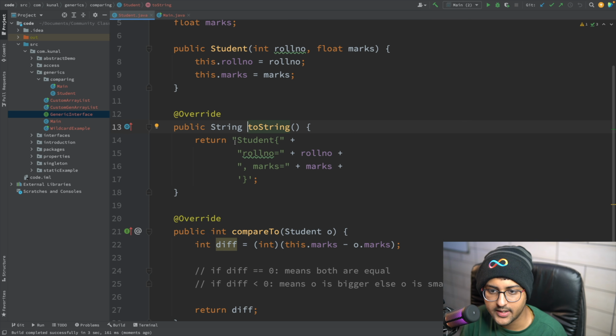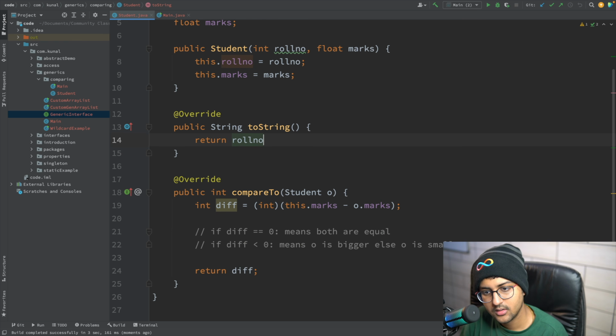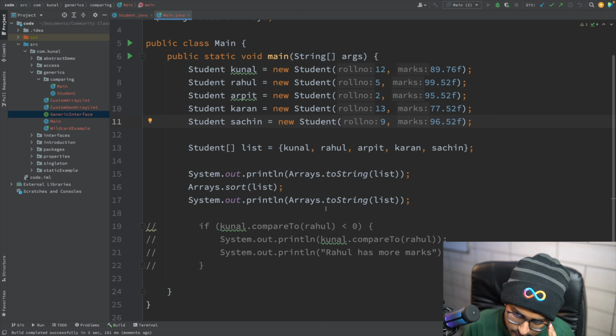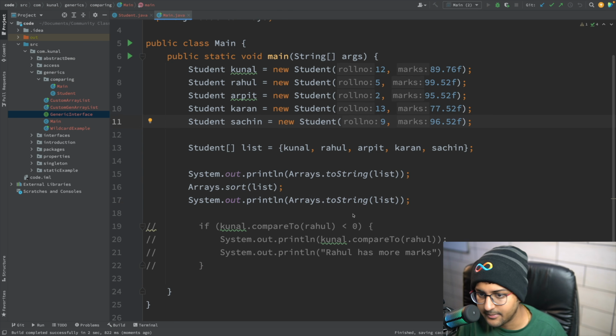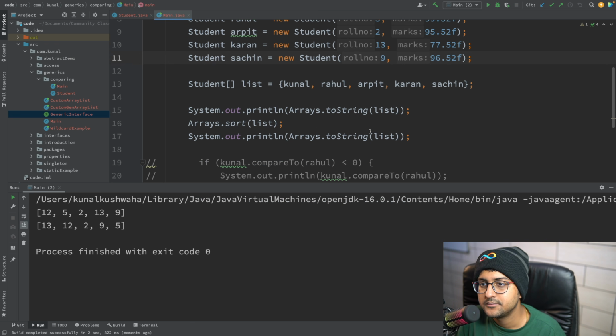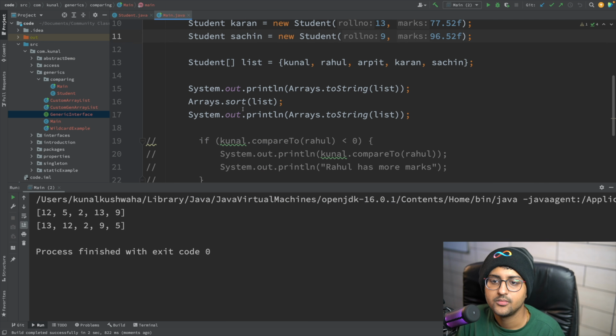So let's say I'm just printing the students' roll number, just the roll number. Run this. Let's see by default what will happen. What did it do?